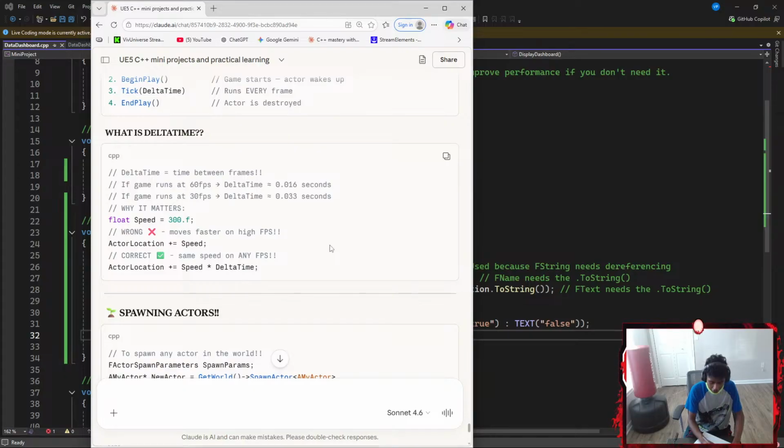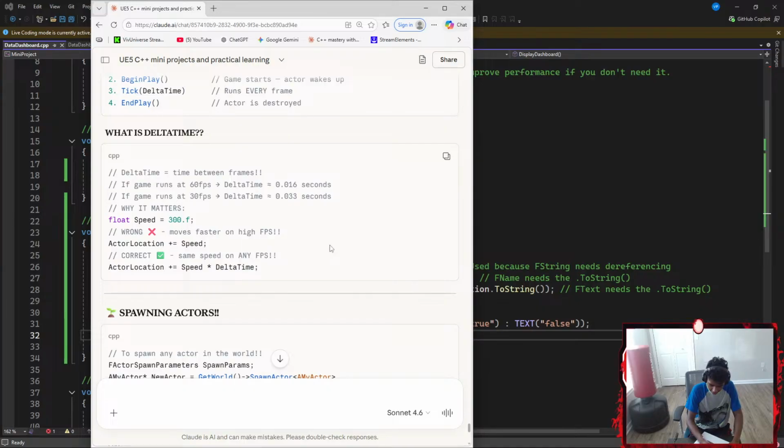Okay, and guys, I'm not gonna make the mistake of rushing over this, because I remember when I first started working with Unreal Engine, I was rushing because I didn't know where to start or have an actual legitimate roadmap. But now that I do have it and I know what these things really do, it makes a lot of sense to spend some time on them. That said, let's add another point: if game runs at 60 FPS.